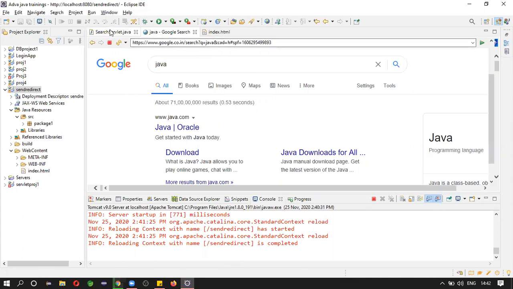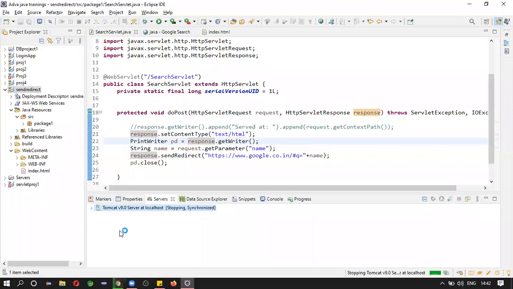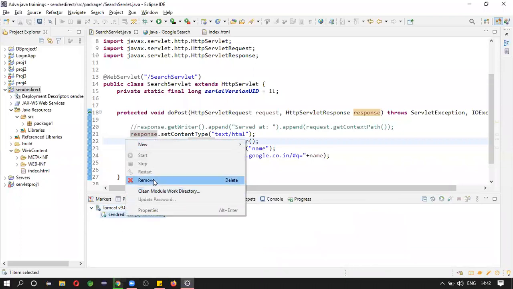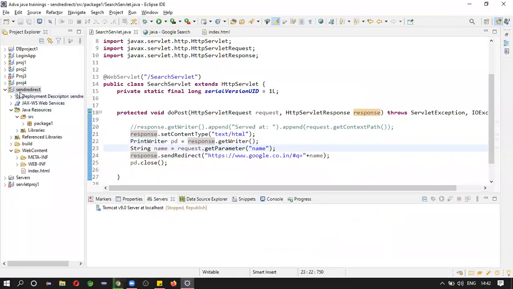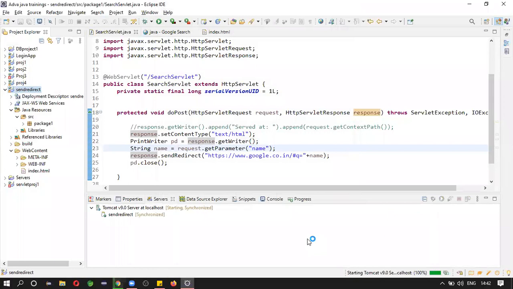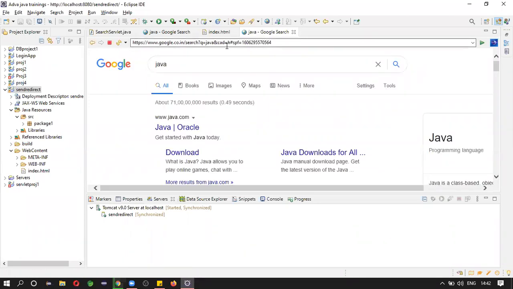Still Java is available. Okay, by using some other form, we will try to differentiate get and post methods.